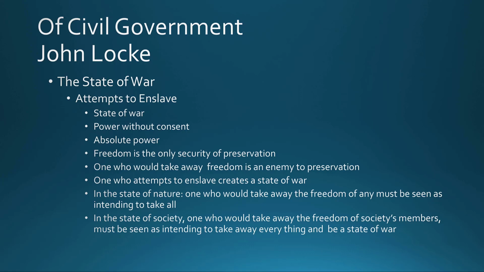Why? Well, as Locke sees it, someone who would try to get me or anyone else into their power without consent would clearly use and even destroy them. So, no one, as he sees it, would have a desire to have me or anyone else in their absolute power, except, of course, to compel by force what is against the right of freedom, to make a person into a slave. And he sees all this as wrong. And the only way to secure one's preservation is to have freedom from that sort of force, the force that would take away a person's freedom and enslave them.